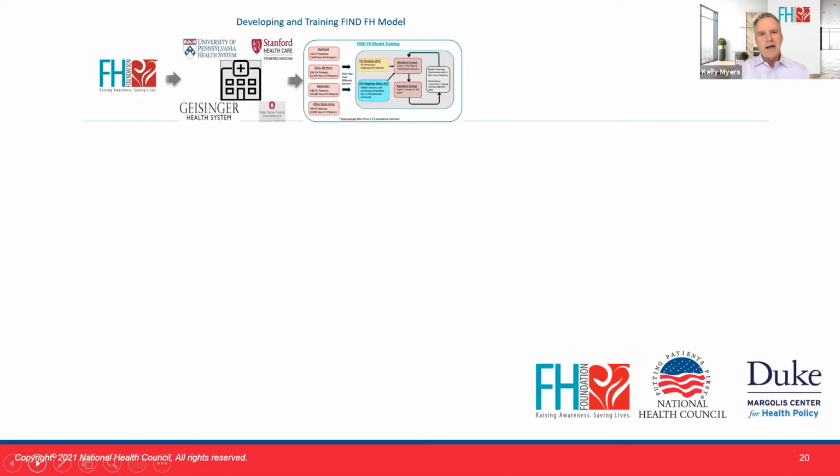And we had to do it in a very manual process by partnering with 4 institutions, Penn, Stanford, Geisinger, and Ohio State, to identify about 1,000 true positive individuals with FH and about 40,000 individuals that were believed not to have FH, and sent them through a machine learning process by which the machine looks at that individual's history and identifies characteristics that are common to those individuals that eventually end up with a diagnosis of FH.